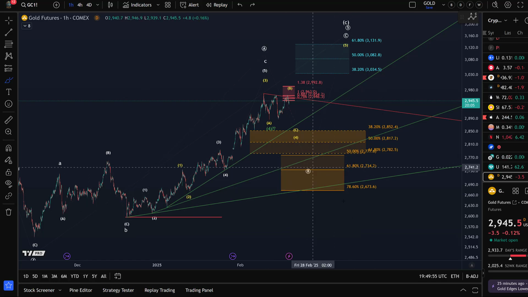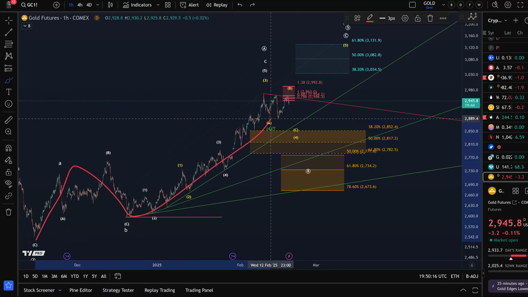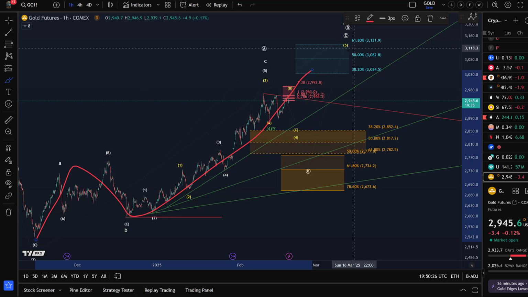This is a support area. 2,670 is the main support, but I have to say, this is not my preferred scenario. I prefer the yellow scenario, which is slightly different. It's based on the same assumption that we're moving up in an ABC structure, but the C wave is going to be done in a direct fashion. So this is the only ABC we need. It's not that this ABC forms a larger A wave. No, this ABC structure completes the entire fifth wave, and this fifth wave is just extending,